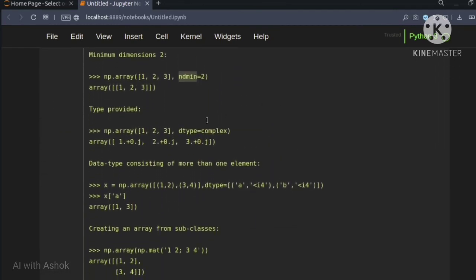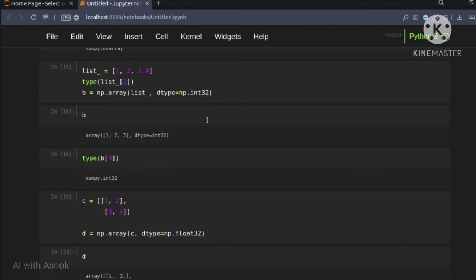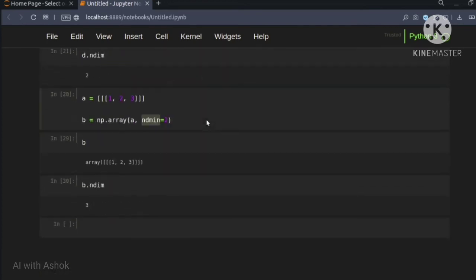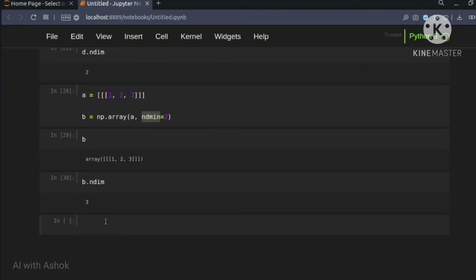So dtype, this is our data type. We have already seen this for integer and float data types. So let's go with a complex data type. We know a complex data type will have a real number and an imaginary number. So let's create it on our own. Let a is equal to 1, 2, 3.